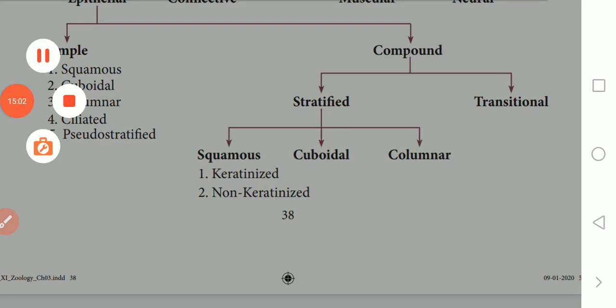Just go through it. If you have any doubt, you can contact me. Today we have completed the introduction to glandular epithelium, and these are the diagrams of glandular epithelium. We have also completed pseudostratified epithelium, and the different types of epithelial cells, then compound epithelium, glandular epithelium and pseudostratified epithelium. So all these epithelia we have completed.